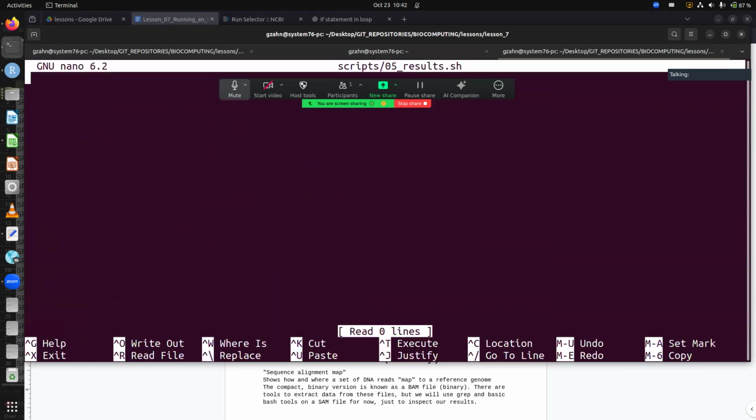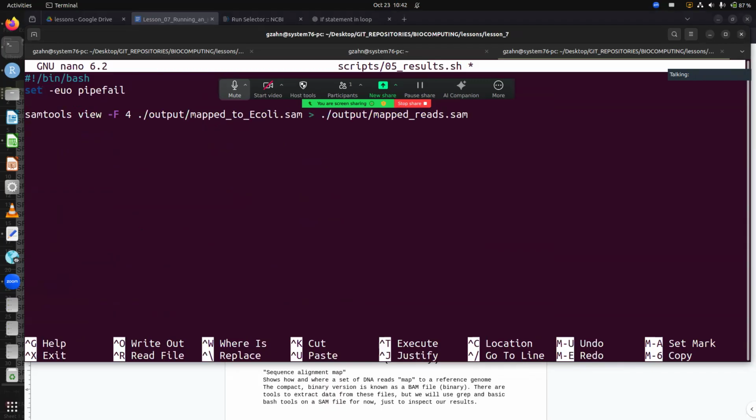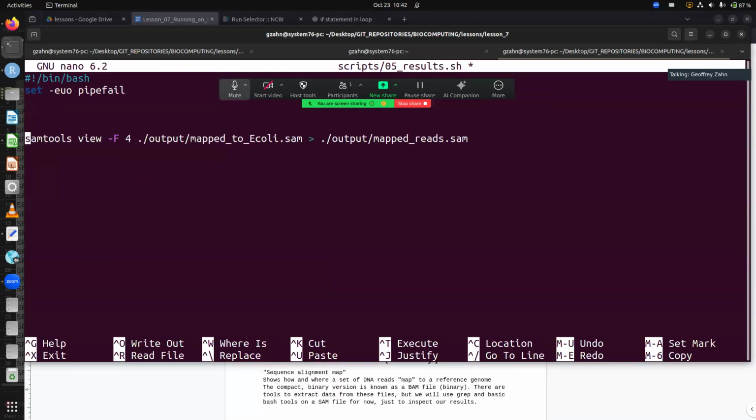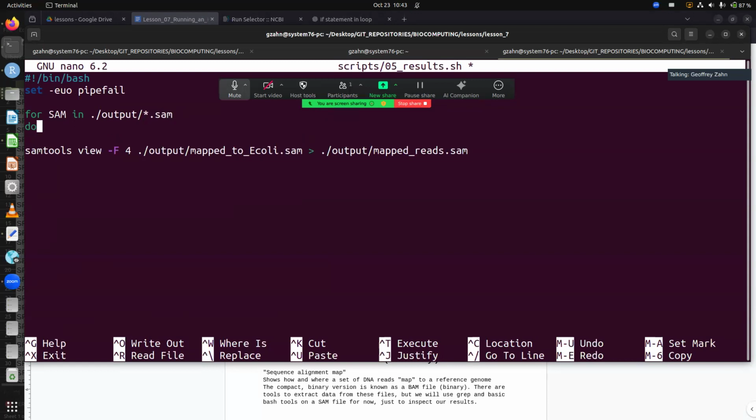05. Shebang /bin/bash. Set -euo pipefail. Okay, so there's our essential. We want to loop through: for SAM in output/*.SAM. So all the SAM files in my output, do samtools view -F4